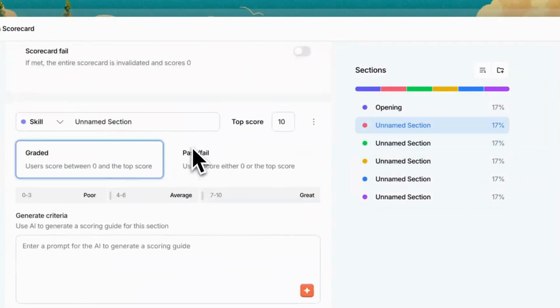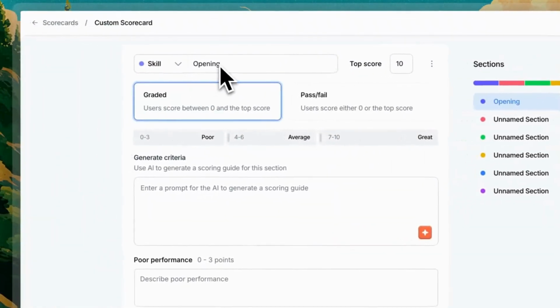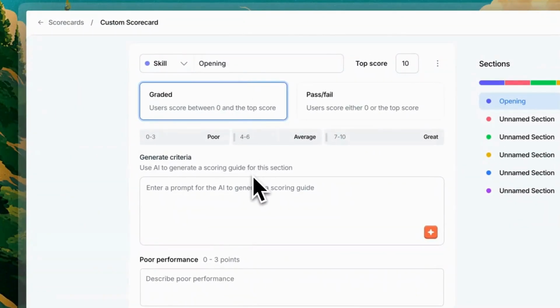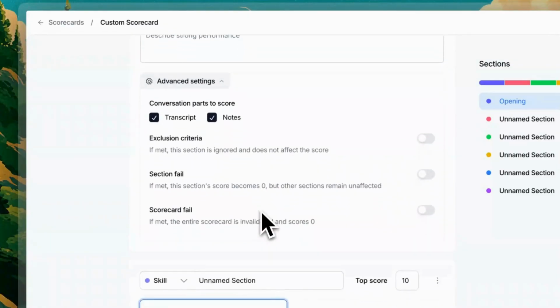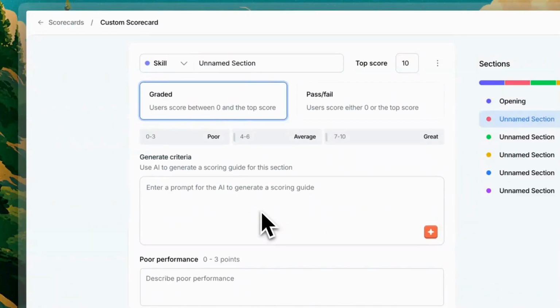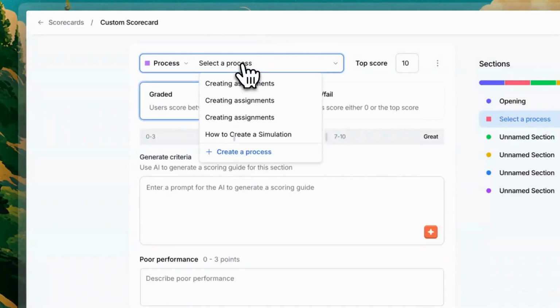There's an important note as well. So we can, yes, do soft skills and also, of course, technical skills. But if you wanted to link to other sources to be able to pull in more context, more information, by heading to this drop down here, you can select between a skill and a process. So a skill is just this typical format. A process looks a little bit different. If I click on this select process button and then I head to create a process,